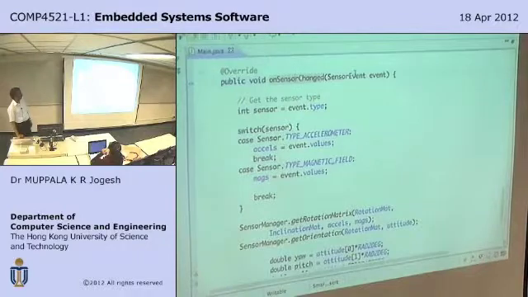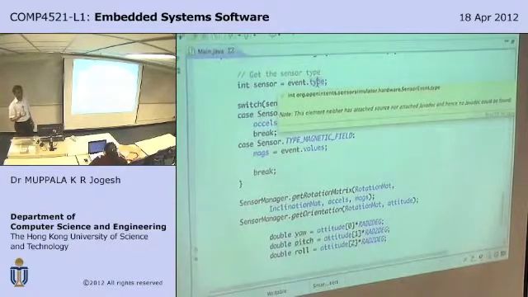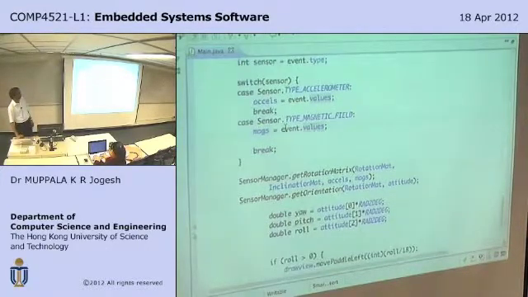On sensor changed, this is going to return the event values. And if I'm using the sensor simulator, I need to access the event type like this. But if I'm using the real sensors on the real device, the code is slightly different. In the lab tomorrow, you will get both versions of the code. Okay? Now, as you see, this one, I just simply read event values. The version of this for the real device is there in the notes that I gave you for this particular chapter. This version is for the